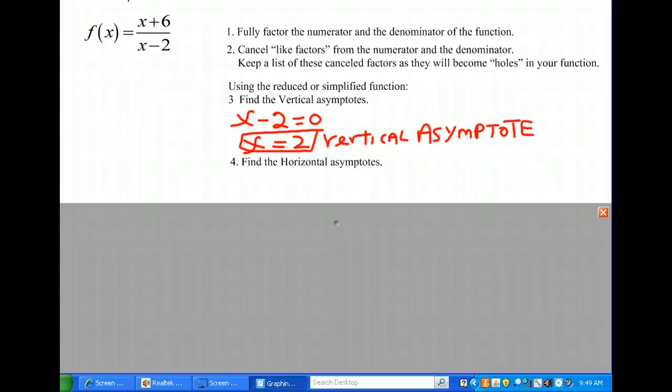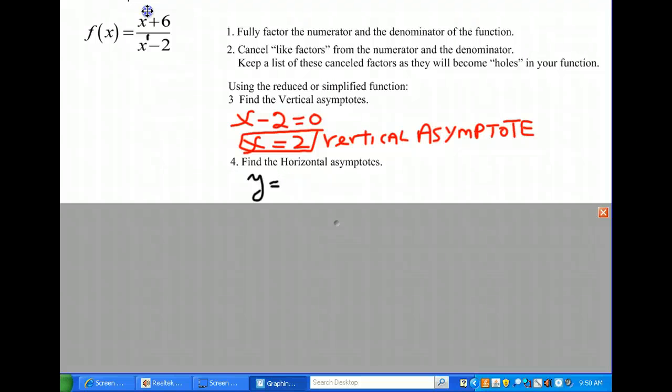So now we've found our vertical asymptote, and we remember that when the degree of the numerator and the degree of the denominator are the same, then the equation of the horizontal asymptote will be y equals the leading coefficient of the numerator over the leading coefficient of the denominator. So in this case, we notice that the degree of the numerator is 1 and the degree of the denominator is 1. Therefore, our equation of the horizontal asymptote will be y equal to,